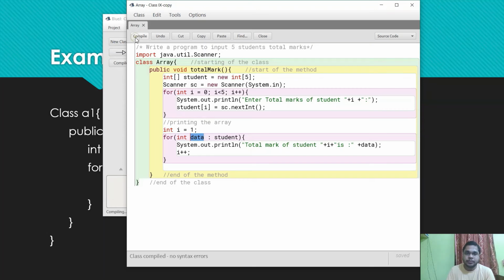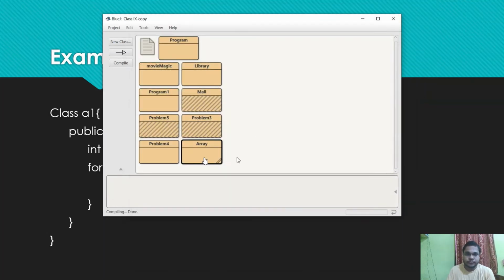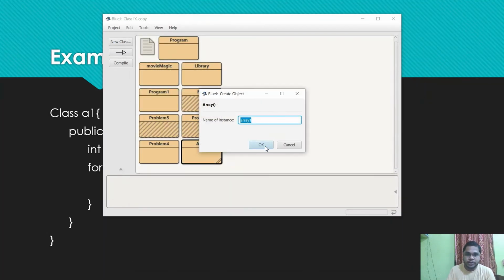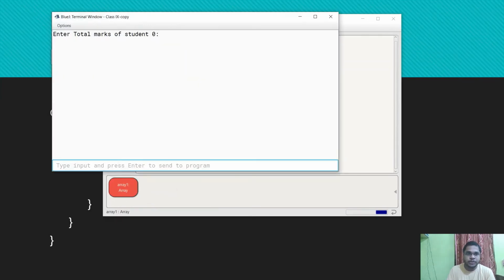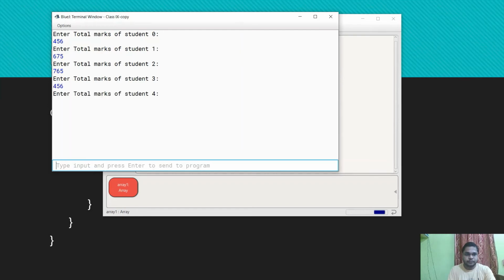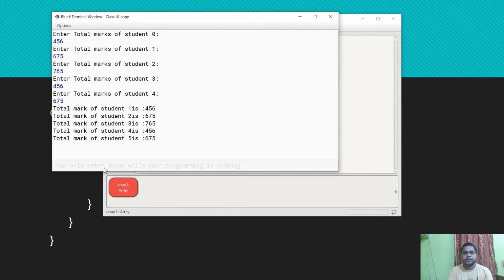Okay, let's compile the program, and now create the object. Run the method. Here I start. Okay, see here the same data displayed. Total marks of student 1 is 456, 2 is 675, like this.